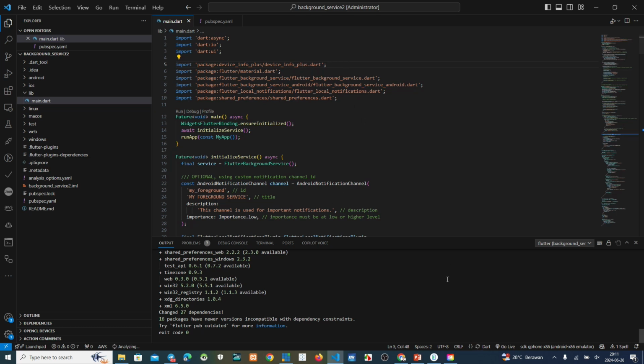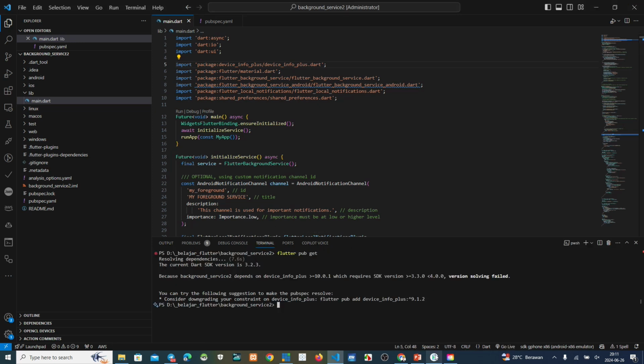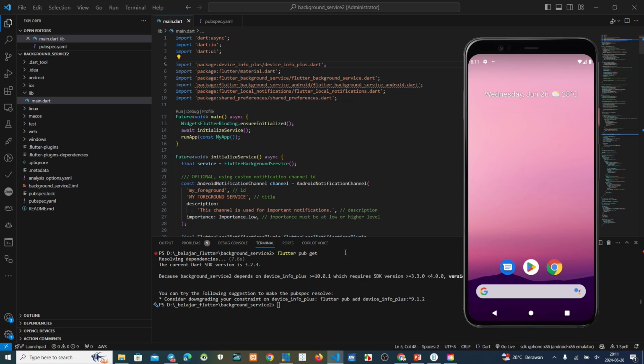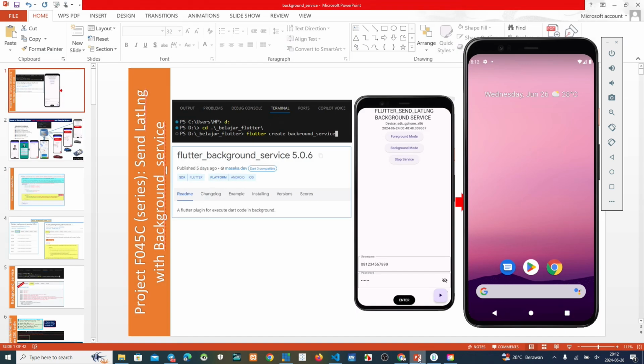Yes. Okay. Now we try to run this project. Now where is my virtual device? Okay, this one, my virtual device. So now we want to run this project, Flutter background service.